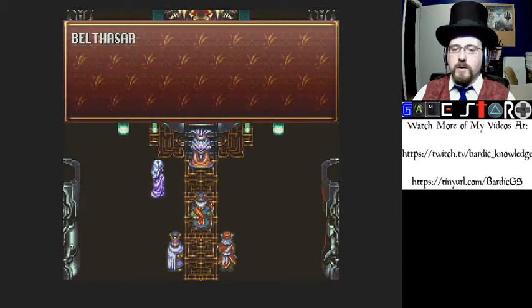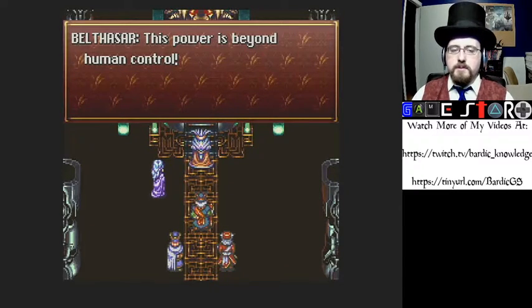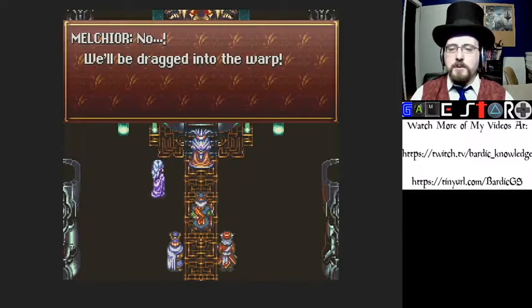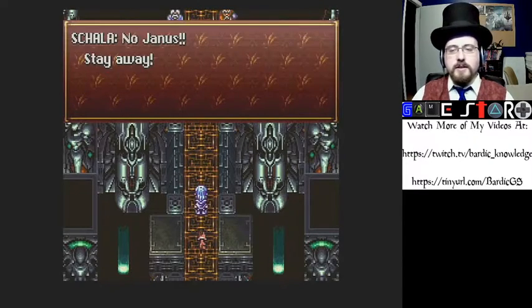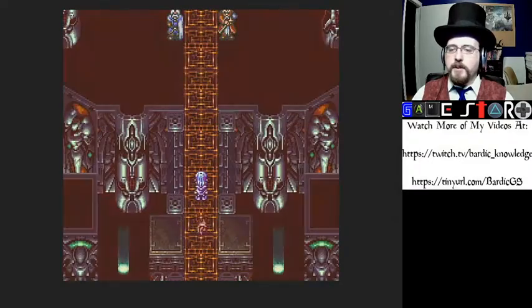A dimensional warp. No, that's the wrong voice for Gaspar. A dimensional warp. This power is beyond human control. No, we'll be dragged into the warp. Schala. No, that's Schala. No, Janus. Stay... Her voice was... No, Janus. Stay away. But...